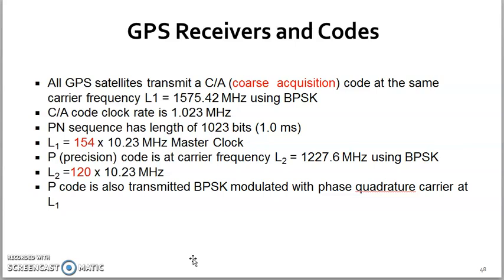The L1 is the master carrier. The P code is at carrier frequency L2, and the P code is also transmitted using a BPSK modulator. These are about the PN code generation for the C/A code here.